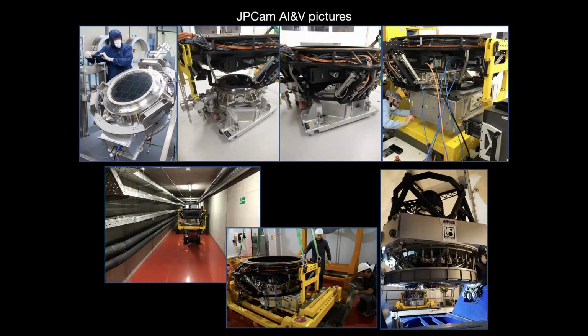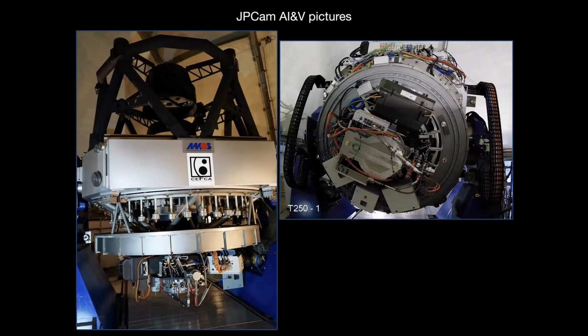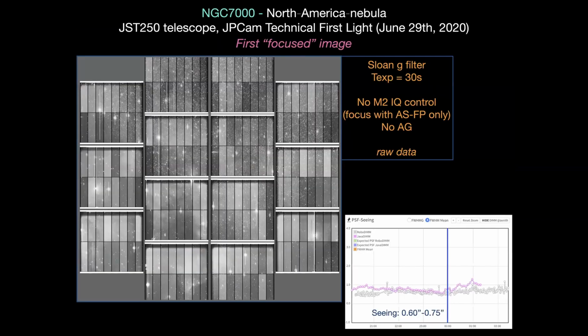Then COVID impacted the whole world and the observatory in particular. So we needed to slow down the integration, but continue working until in June 2020, the camera integration was completed at the telescope. So you can see there a couple of pictures of JPCam integrated at the T250. It's a 1.6 ton instrument. Then we started the first light on June 29, a couple of weeks ago, and I'm showing here the first